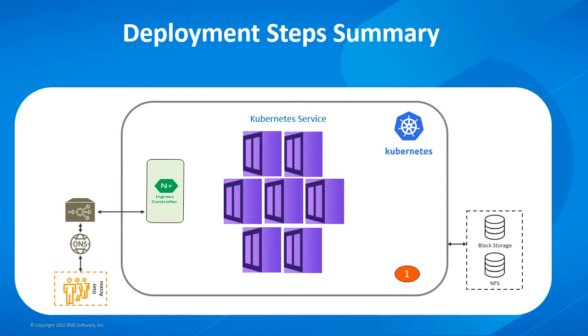High availability. In BMC Helix, there are two main flavors of installation: SaaS and on-prem. In both installations, the preferred method is a stretched Kubernetes cluster, where the control plane and the worker nodes are deployed across several availability zones or data centers within a region. A load balancer is used in front of the cluster to provide load balancing between the zones and handle zone failures. There are some regions where only 2 availability zones are available. In these regions, we recommend a replicated cluster instead of a stretched cluster.